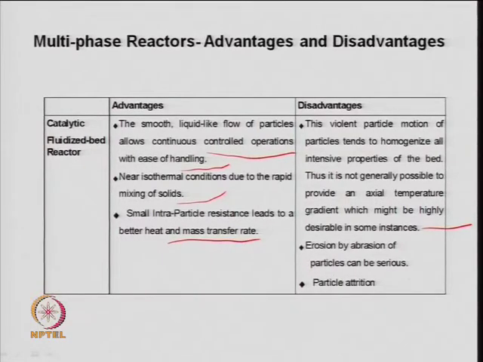Second, erosion by abrasion of particle is a serious issue. This is the loss or attrition of the particle, because they are moving like this, right. There is a kind of attrition between the particles, and if they are soft, not mechanically stable, then they will crumble during the reaction and leave the reactor bed. So, there will always be a loss of catalyst during the operation. That is an important issue. How to make the catalyst stable, that is important here.